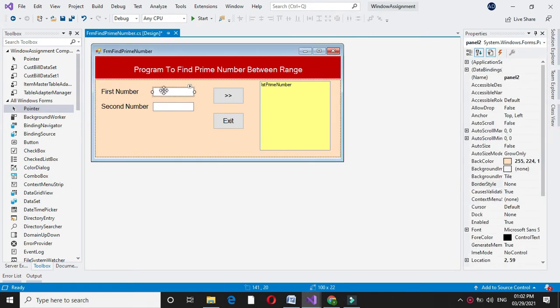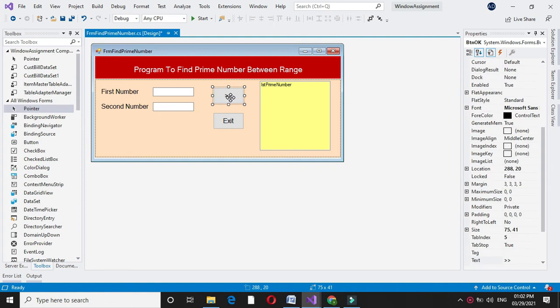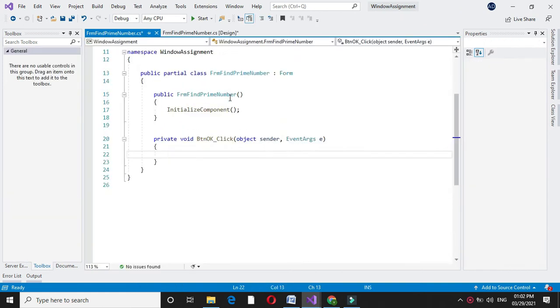I have added two text boxes, txtFNumber and txtLNumber, for getting the range. When we click this button, it will add the prime numbers between this range to this list box, and this exit button is to close the form. So on the click event of btnOK, I will write the code for finding the prime numbers and inserting them